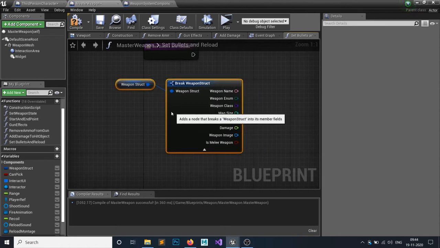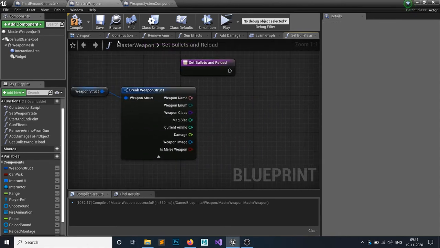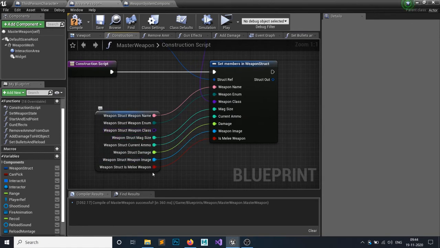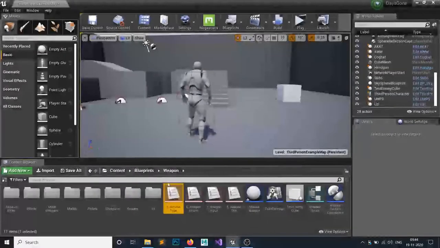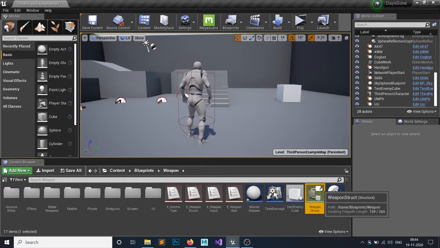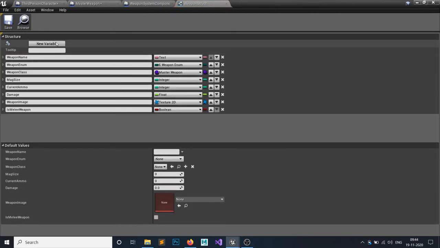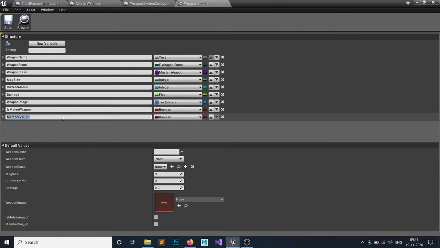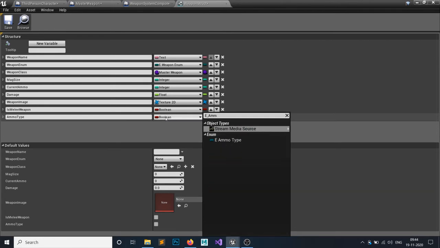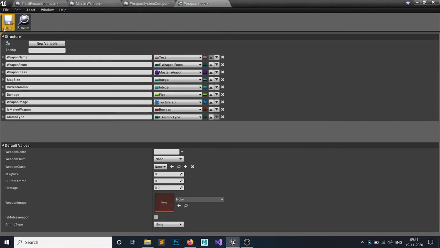Let me just make some room here. And yes, in the construction script we have to grab that ammo, so minimize it, and in the weapon structure I will add that ammo type because we need that. So new variable, call it ammo type, E_ammo type, so whatever ammo your gun uses.